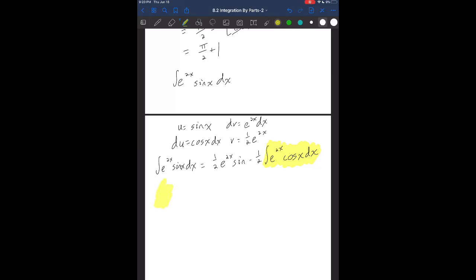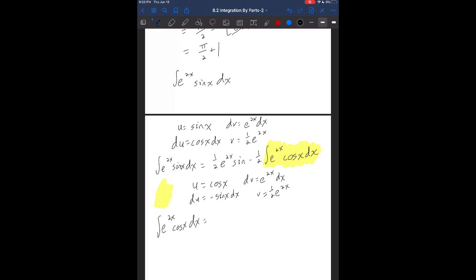So dealing with this highlighted part right here, if we pick now, very similar to before, u to be cosine of x instead of sine of x, and dv as still e to the 2x, we get that du, the derivative of cosine of x, is negative sine x dx. And again, the integral of e to the 2x dx is v equals 1/2 e to the 2x. So solving this, we have that the integral of e to the 2x cosine of x dx is equal to